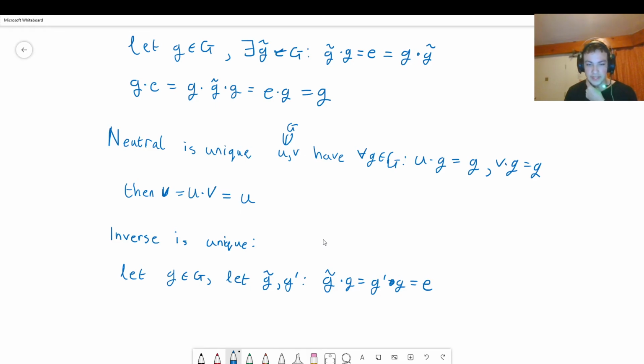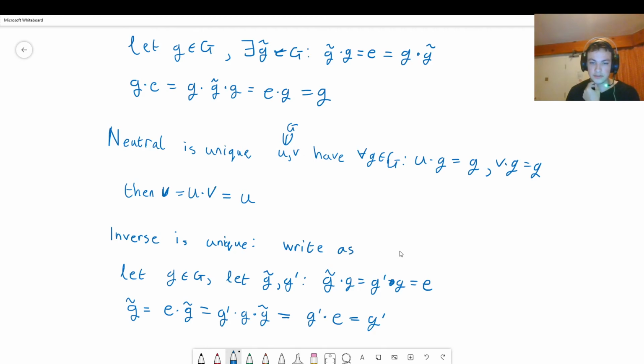Then that means that g twiddle is just E dot g twiddle, because we can apply the left neutral, which is going to be g dash dot g dot g twiddle by using this one. But then any left neutral is a right neutral, so that's going to be g dash dot E, and that is g dash. Okay, so the inverse is unique, and we write this then as g minus 1 dot g is equal to E,